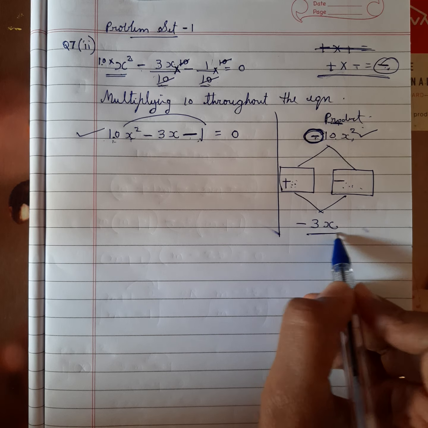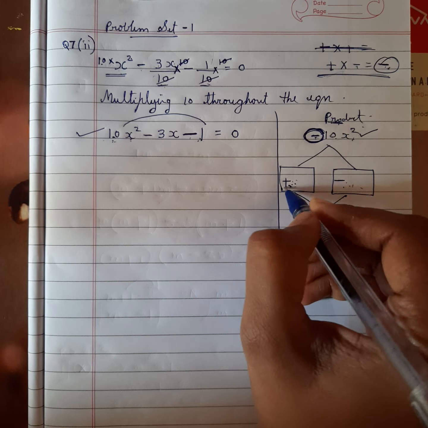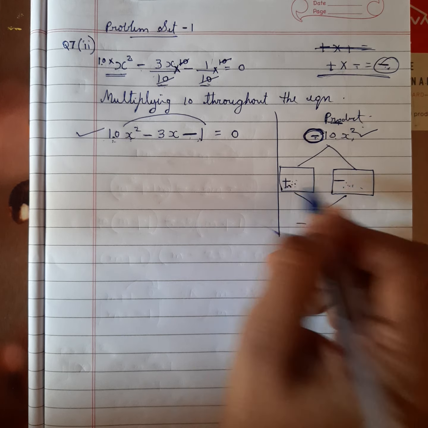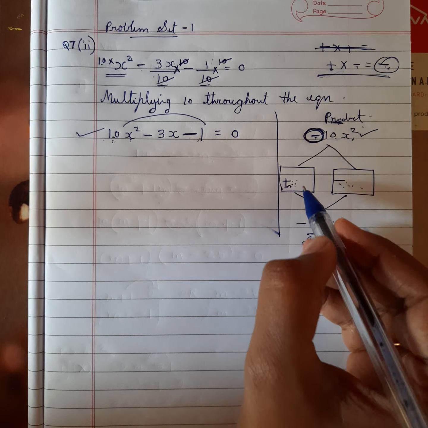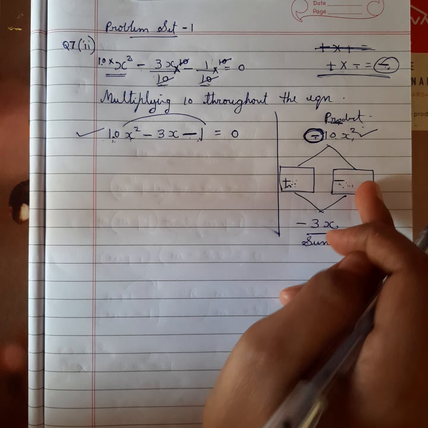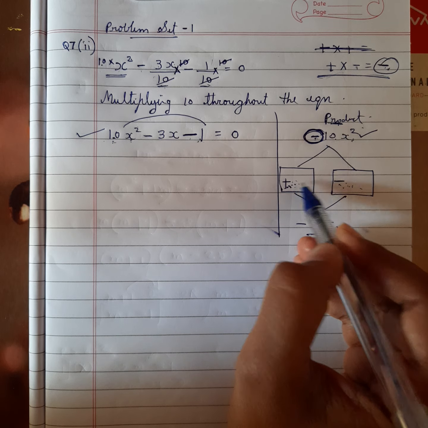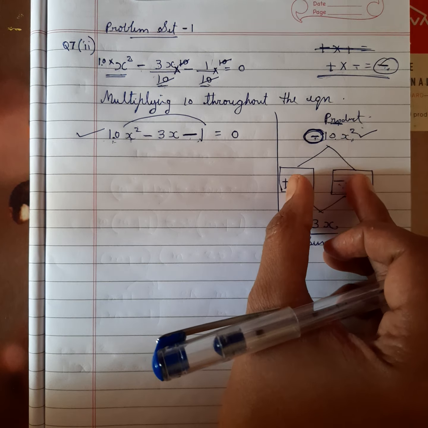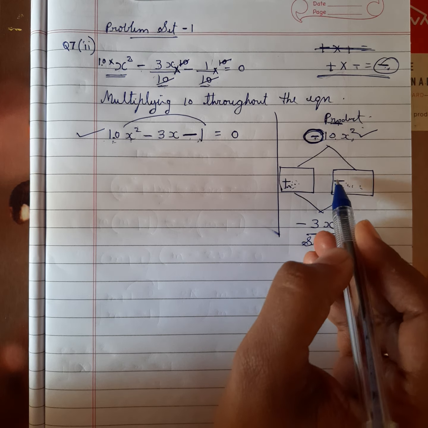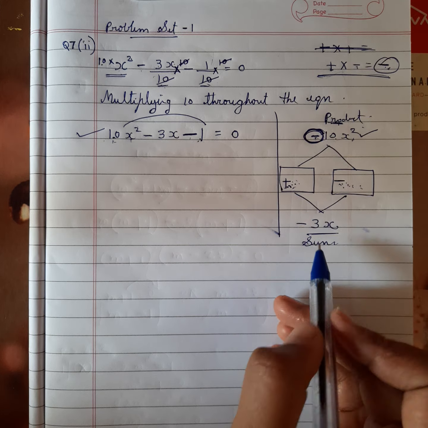Now this is called sum. So if one number, apply addition rule. If one number is positive, another is negative, according to the addition rule, numbers we will subtract and put bigger number sign. So now we will find two numbers such that by multiplying those two numbers we should get 10, and by subtracting, why we are subtracting? Because one is positive, another is negative, addition rule. By subtracting those two numbers we should get 3.